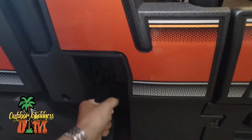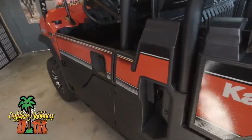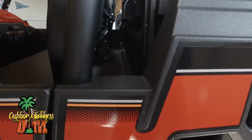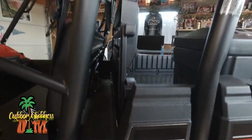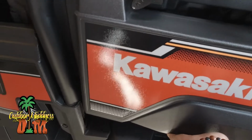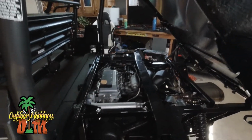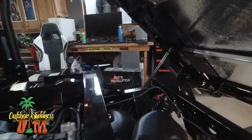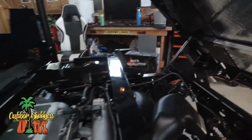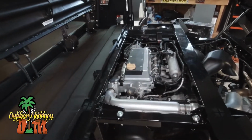just like on the trans cab, I'm just going to go right here. And then, of course, we go to the other side. Okay, and now you're going to grab it right here. And we're going to come up. And it does have that nice gas strut right there. But notice that you still have that nice 3-cylinder